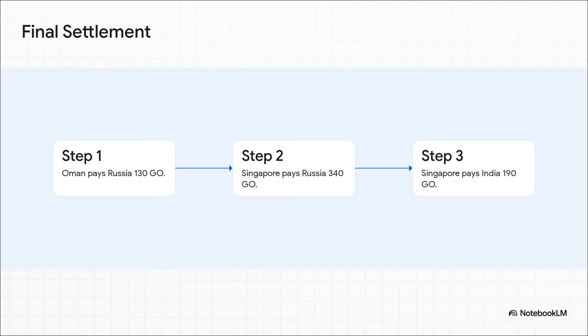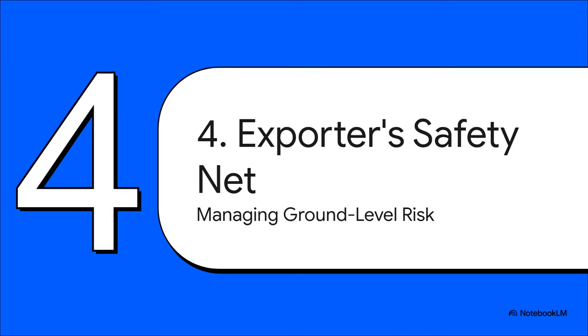It's just like splitting a dinner bill with a group of friends. Instead of everyone Venmoing everyone else, 1 or 2 people just pay the bill and everyone else pays them back. It's clean and efficient. This all sounds fantastic for the big players, for the governments and the central banks, but